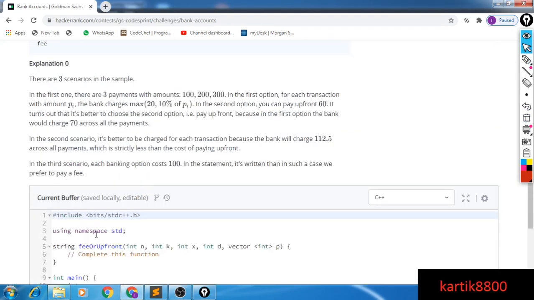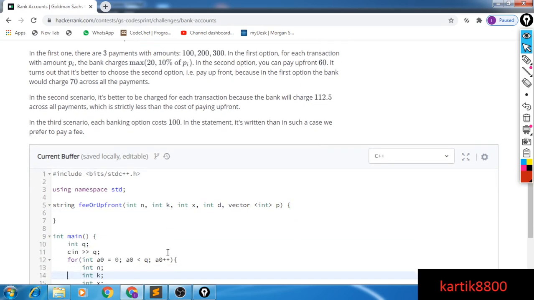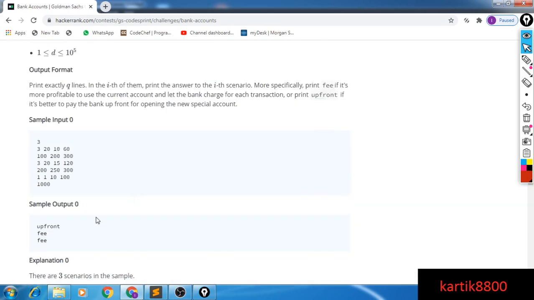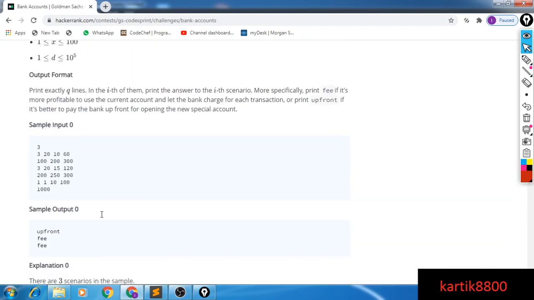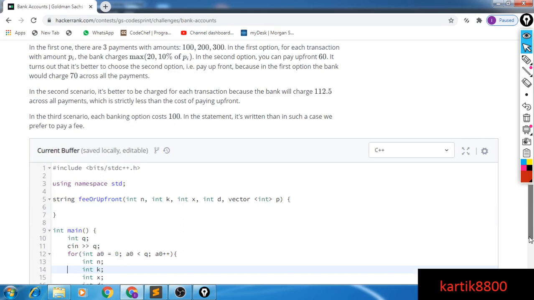This is one good thing about HackerRank: you don't actually have to implement the entire code, which saves a bit of effort. I just have to say upfront or fee. There are two options available to me, upfront or fee. Let's implement it.